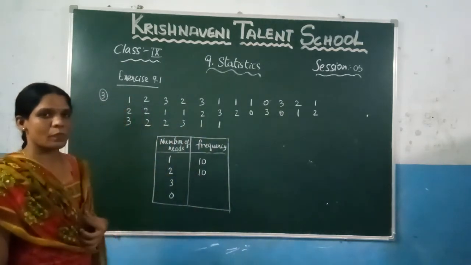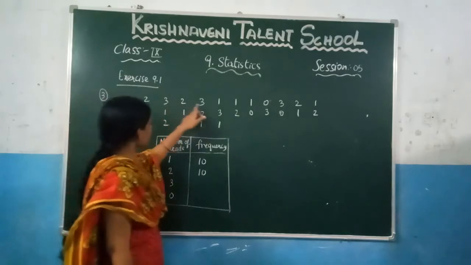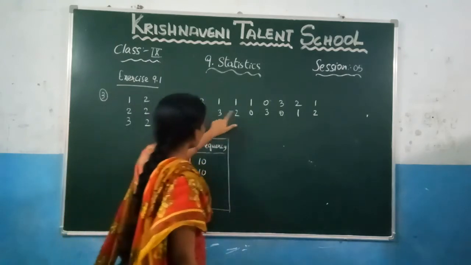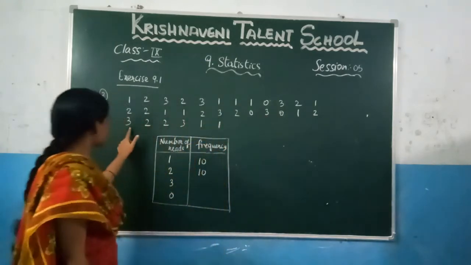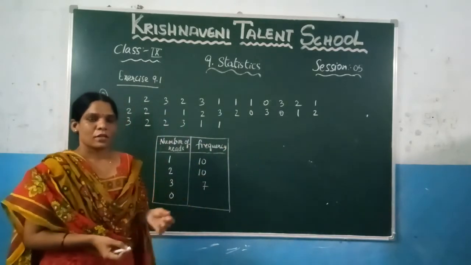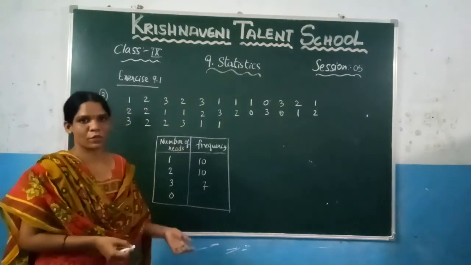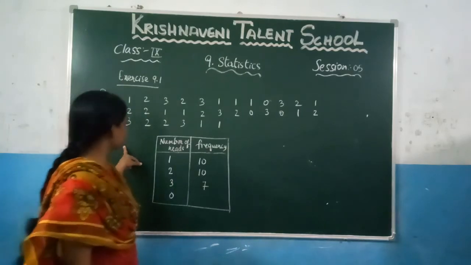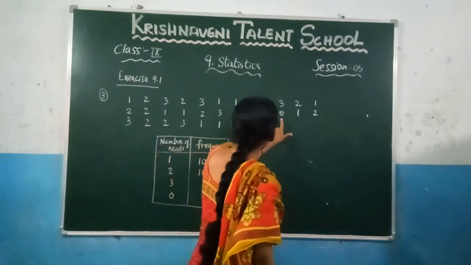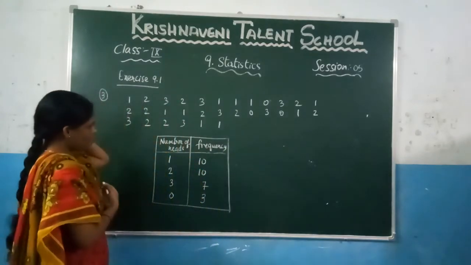Now, let us see how many times you are getting 3 heads. Let us see: 1, 2, 3, 4, 5, 6, 7. 7 times you are getting 3 heads. Now let us check here. That means if the coins are tossed simultaneously 3 times, you are not getting any head, which is nothing but 0. So let us see how many zeros are there in this data. 1, and in the second one 2, 3 times. So this is what we have written based on the data.